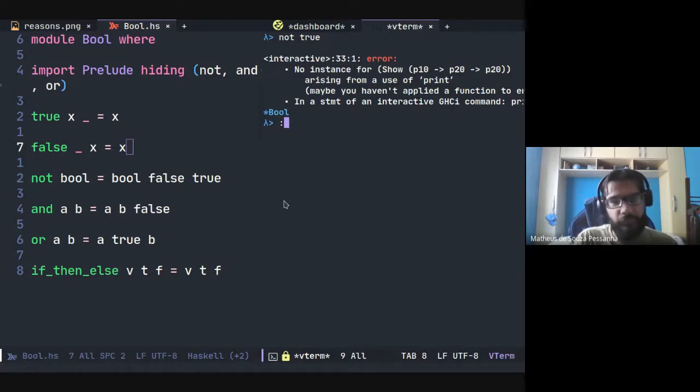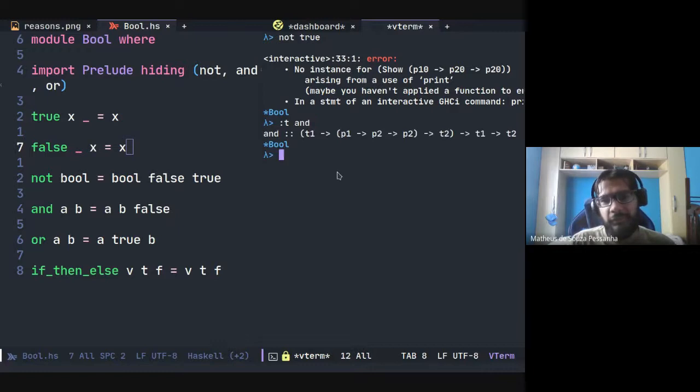If you try to see the type of the simple function, it is this scary thing, but I don't need to annotate that. The compiler will know.